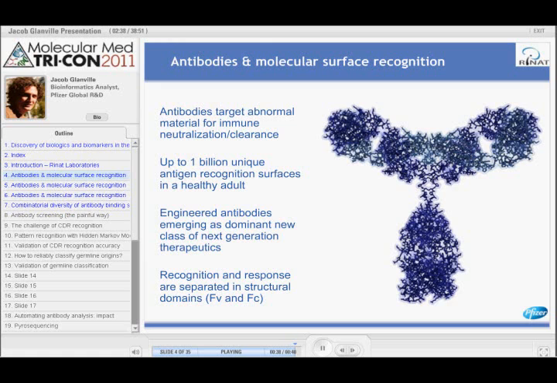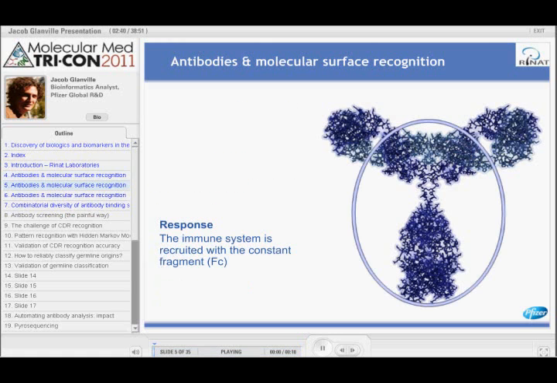So you can divide an antibody into essentially two areas, the separate functions. You have the constant domain, which is this area down below. What this is doing is your standard molecular surface recognition. This basically provides a tag where other areas of the immune system can come and respond to whatever the antibody